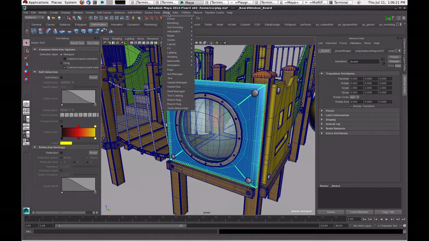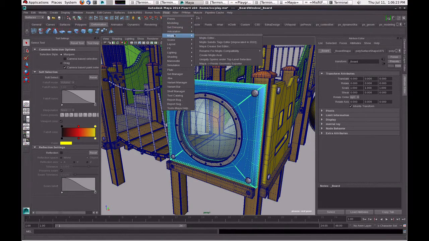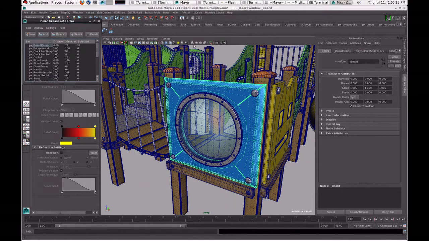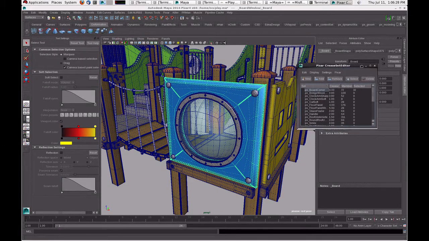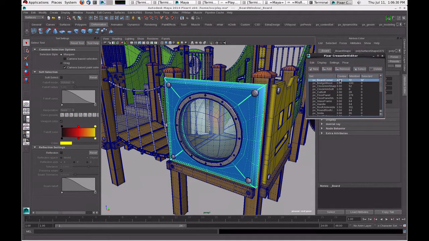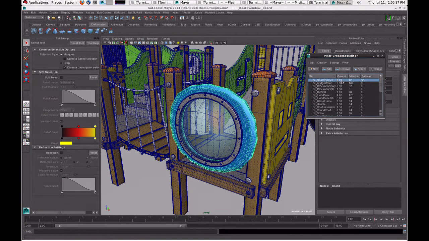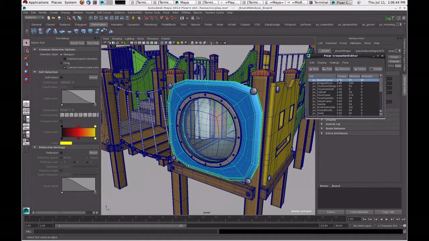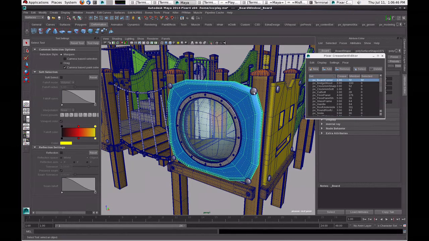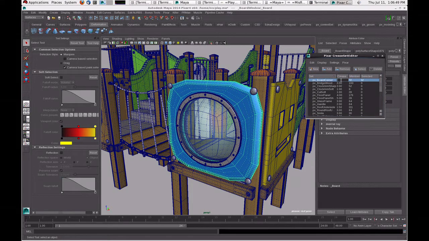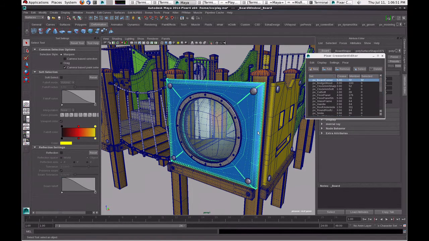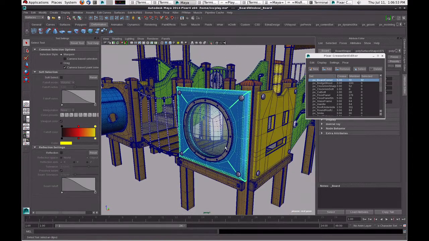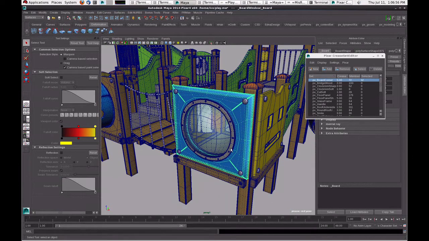Let me get the crease editor. So this is our crease editor. And I'm gonna show the crease value so you can see how it changes, how the geometry subdivides. So I'm gonna set it to 0 so you can see how it subdivides. Now I'm gonna change it to 1 so the corners start to get sharper. And we can go all the way to 5 and then it gets really sharp. So that's a trick to use to help us maintain the low polygon count, and we can achieve the desired